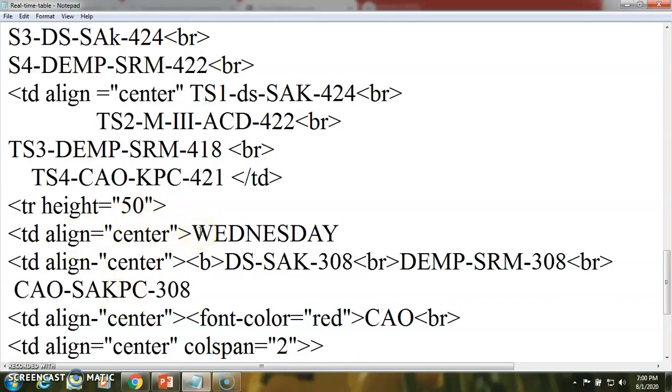So here we are going to add the day, that is Wednesday, and then we are adding the next rows in a proper fashion, that is, a DS subject. Here multiple text is going to be added, so that it will display in the same cell.